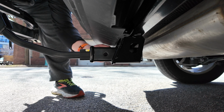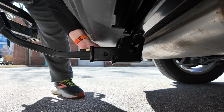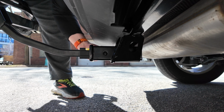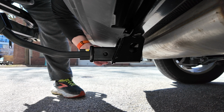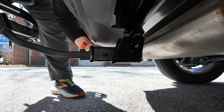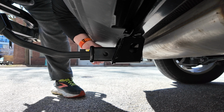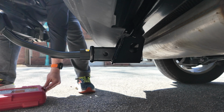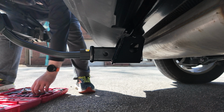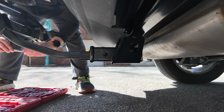I wasn't too afraid that this wouldn't line up. The previous car was also a RAV4, but a 2021 RAV4. Gotta thread it in. So with this one, I'm just gonna hand thread it because this is a threaded retention bolt here for the hitch. Now, if you have like a standard square hitch on here, this is a 2-inch receiver. You don't normally have that, and you won't have to thread it in. You just kind of slide the hitch on, put the receiver through, clip it in. But since this one is kind of